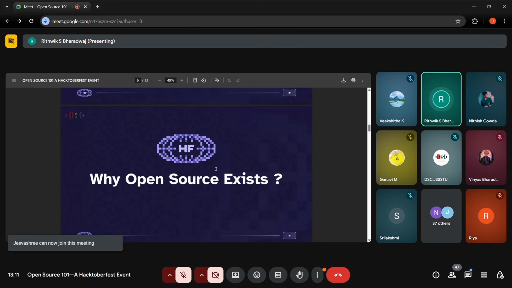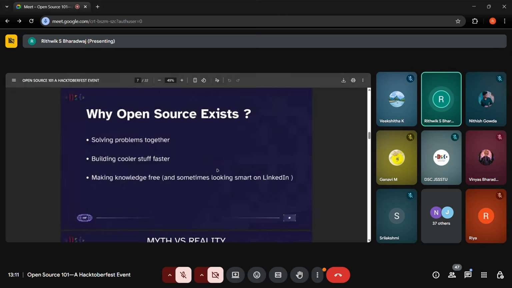Okay. So let's get into why open source exists. We kind of got an idea when I told you about the Chromium project, Chrome being built on top of it, One UI being built on top of Android. So what is the advantage? One is that you can solve problems together. If it's an open source maintained project, say you find a loophole or some bug in the code, it can be patched quicker because there are so many developers across the world looking at that code base. You can build more features faster. It's thousands of developers contributing at the same time.